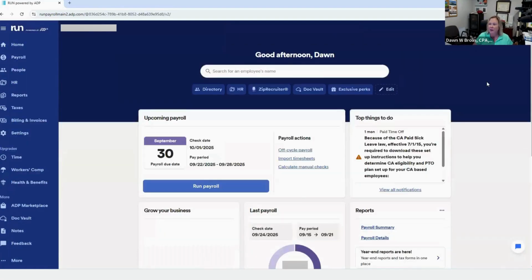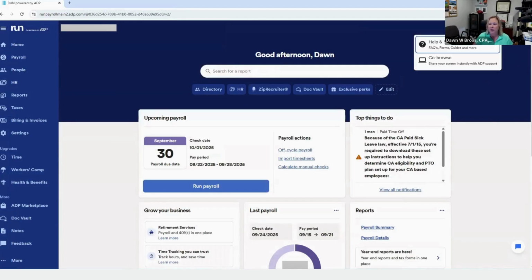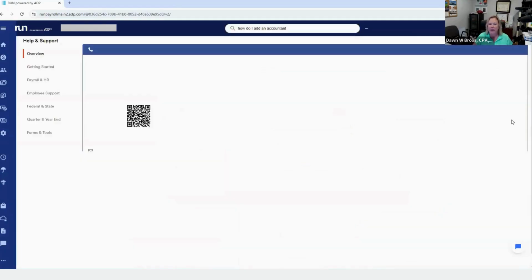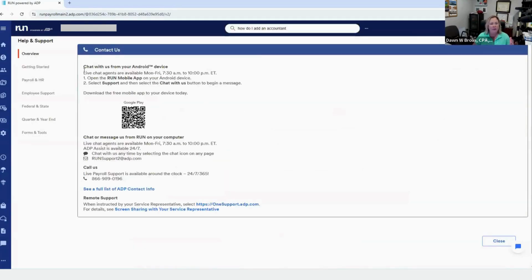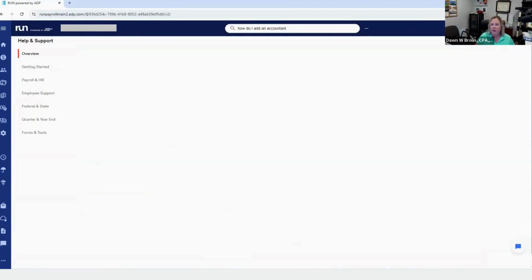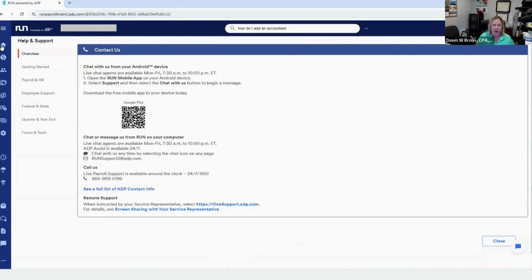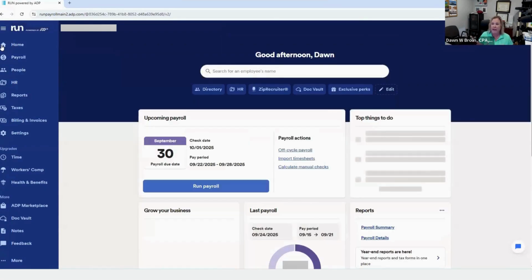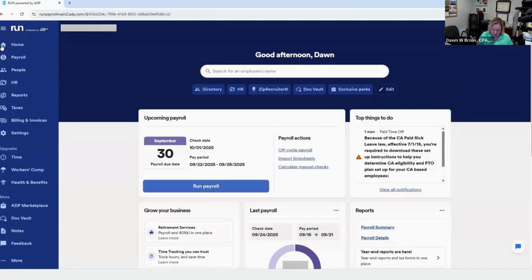Another thing that sometimes I think we overlook is when we need help. And when we need help, how do we get it? So I love when you can just up here, the question mark is, hey, I got a question. I need some help. So I can click that and say, yeah, you know what? Let me get some help. They have some nice ways for you to connect with them. If you want to chat or message them on your computer, you can do different things there. That's another great little spot for people to visit, and when you need things like that, you need some help.